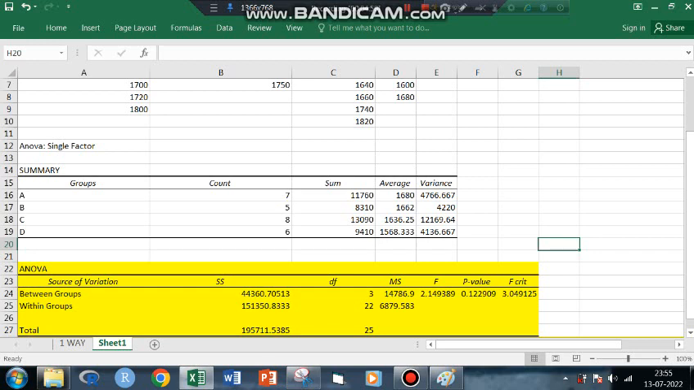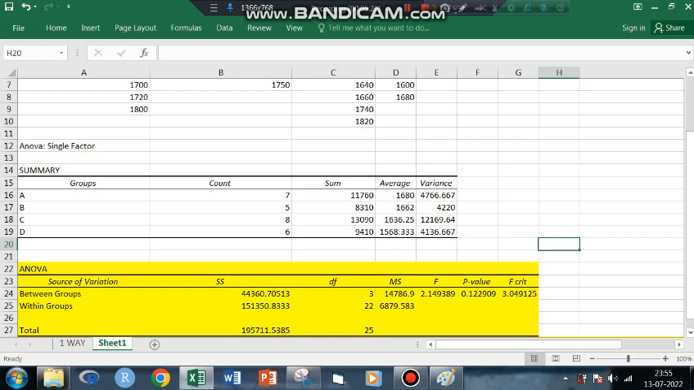So the source of variation, as I had said earlier, is between groups, that is between batches. Within groups is the inherent error, which is a part of any experiment. Then there is the sum of squares. These are the sum of squares between groups, sum of squares within groups, and that's the total sum of squares. These are the degrees of freedom. So here we have 4 groups, but